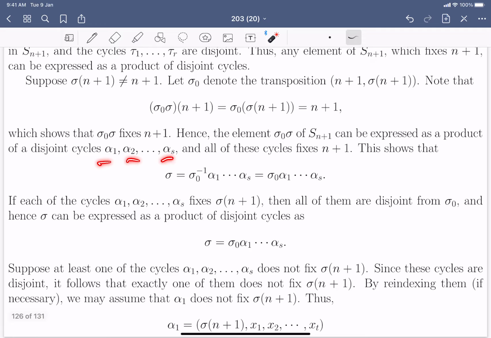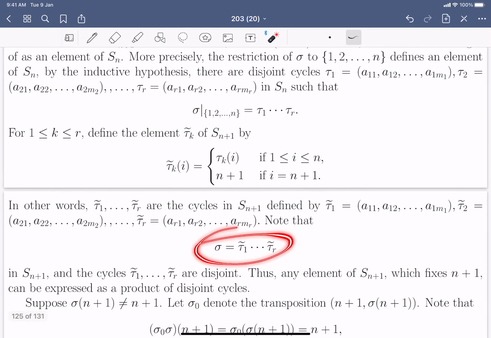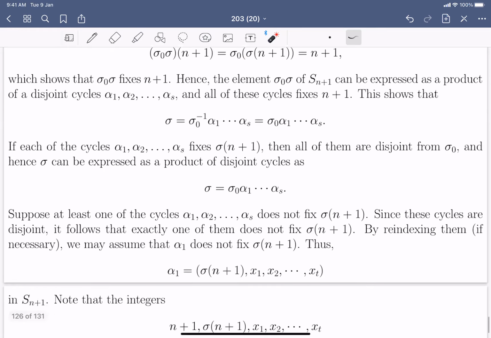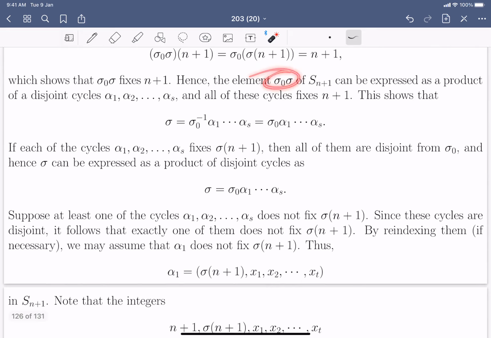Because alpha 1 up to alpha s all fix n plus 1, by the argument that we had here. These tau i tildes fix n plus 1, right? So here we know that sigma can be expressed as a product of these disjoint cycles, and these alpha i's fix n plus 1. So these alpha i's also fix sigma n plus 1, then sigma naught will be disjoint from all the cycles alpha 1 up to alpha s. Okay. So in that case, we are done in showing that sigma can be expressed as a product of disjoint cycles